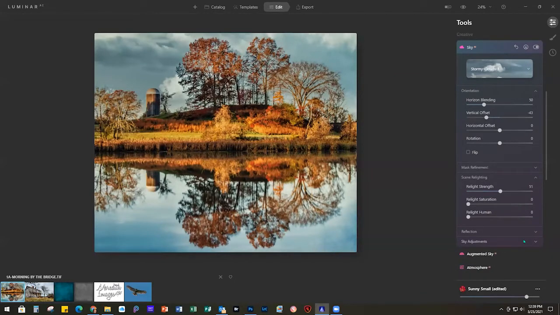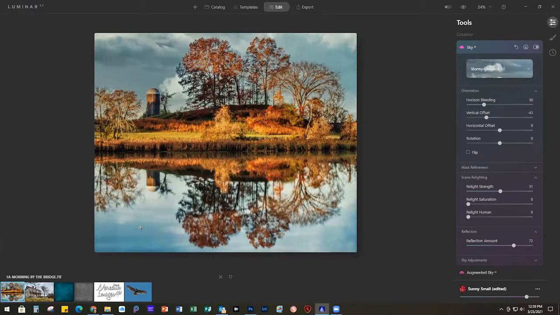Lighting of her clouds. So think of the relight strength as being more about exposure, and then the separate saturation would introduce a color cast to match the lighting of the sky. Correct. Thank you. And then I'm going to go into that reflection, and I upped that a little bit to make that stand out a little bit more on the water because it's not a super strong